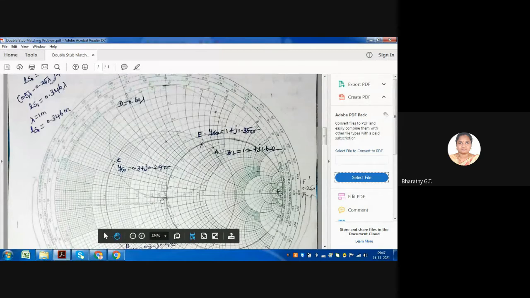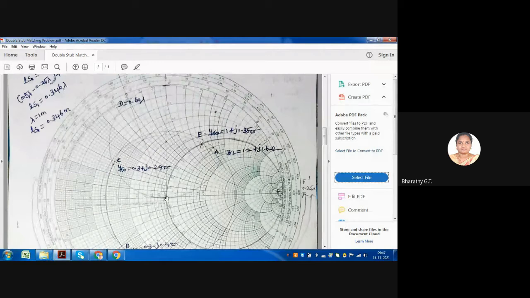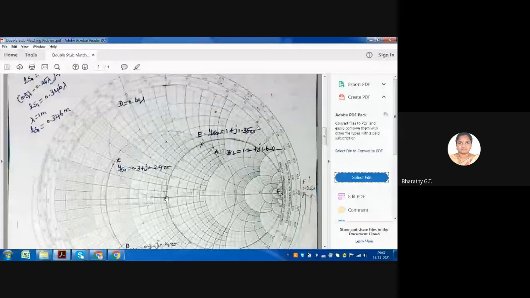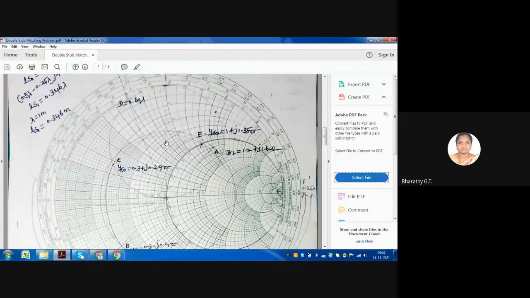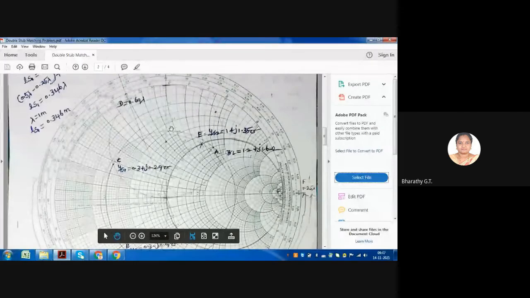Now you are going to draw the unit conductance circle on top of the Smith chart here. So this point and the point at the center of the Smith chart, that will be the diameter of the circle. Half of this distance, approximately 4.2 கிட்ட வரும் உங்களுக்கு. So you have to keep your Smith chart center, the compass at this point as center. By approximately taking 4.2 as radius, you have to draw this circle, the unit conductance circle.